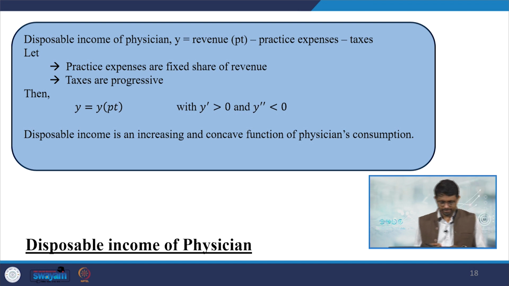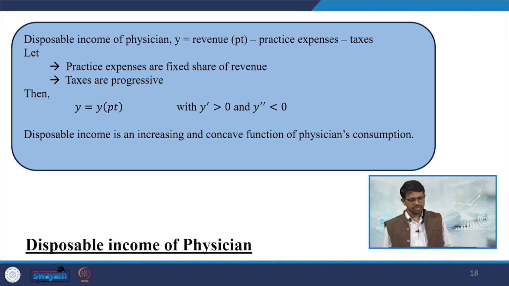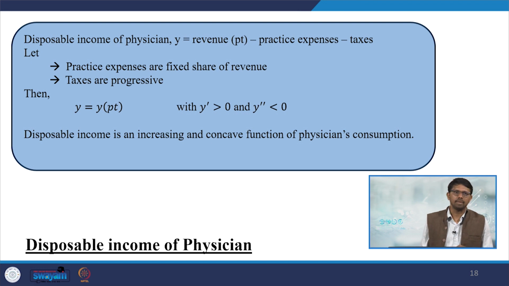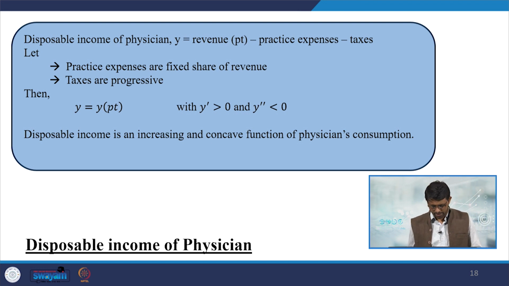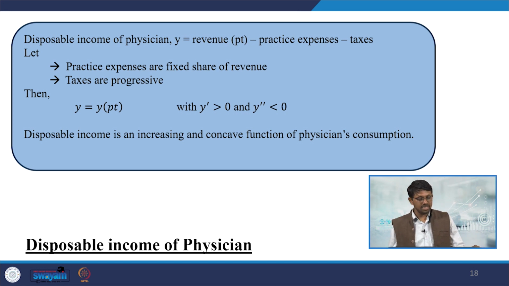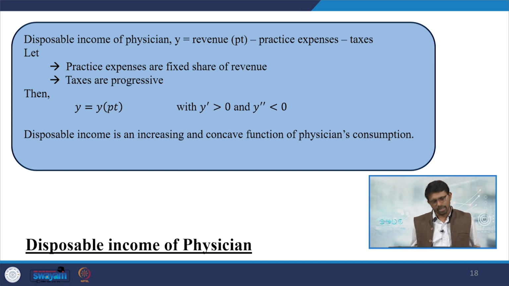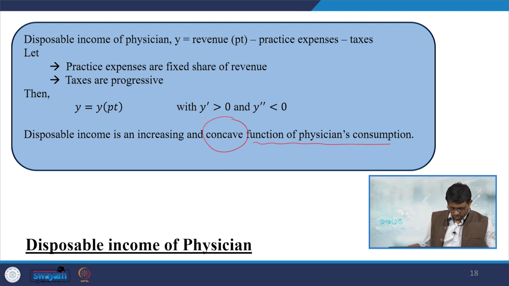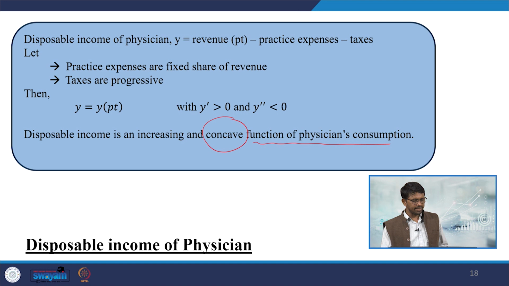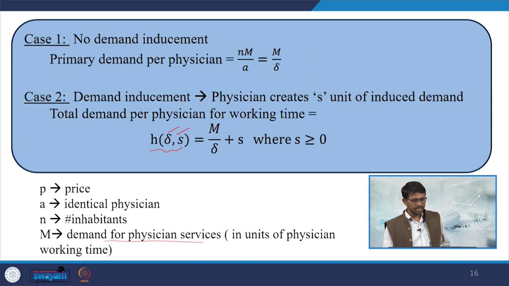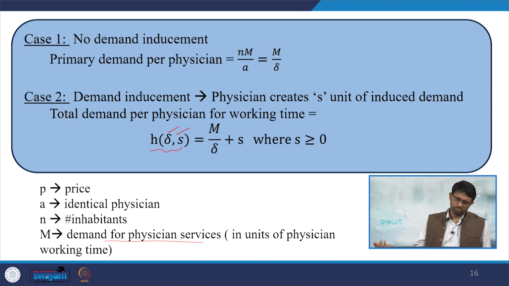As the physician's income rises, the second derivative reaches a maximum. Then there is a possibility of a declining trend, as is typical with the income function. Hence, disposable income is an increasing and concave function of physician's consumption. So, it is a concave function. So, we have presented the time constraint, and we presented the very simple framework of induced demand for